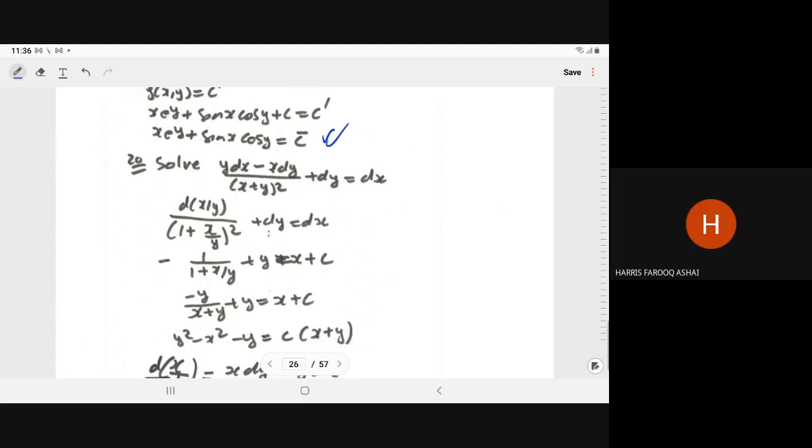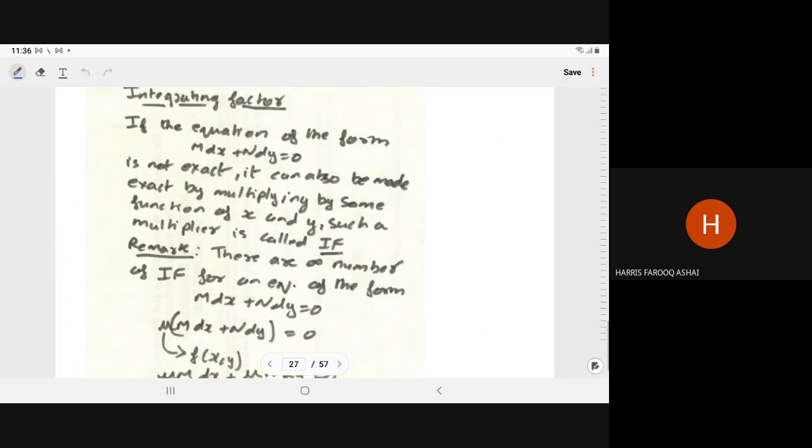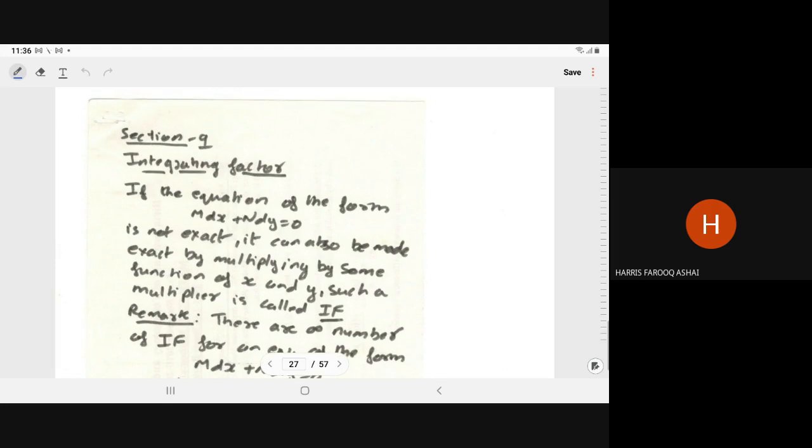Sir, basically we were able to achieve a variable separation method, right? In this case we are trying to integrate. The basic thing is that in a differential equation, we have to integrate for the solution. So how can we easily integrate? That is the main logic. See, from here it will be clear.